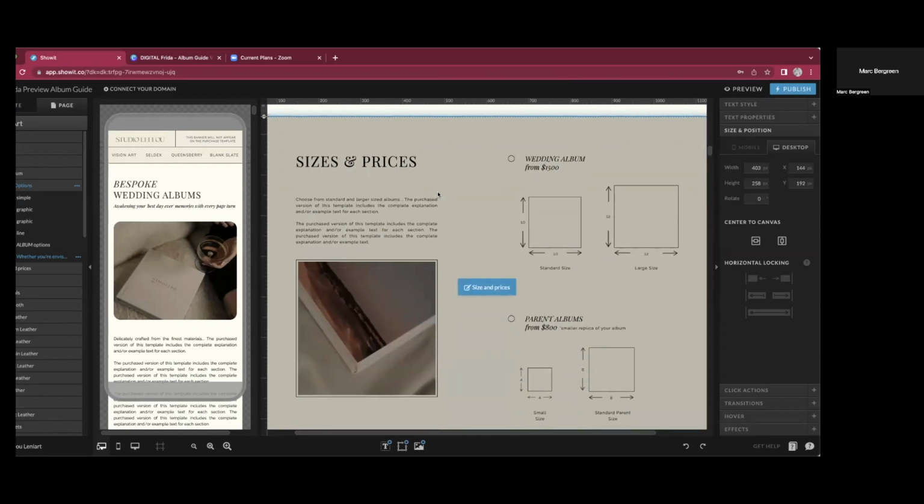Sizes and pricing, I recommend only offering to your clients 2 sizes for the standard album and then 2 sizes for the parent album. If you haven't sold an album before, album companies offer a range of different sizes, not just 4, but we don't want to overwhelm our buyers. We want them to feel empowered that they have choice, but we don't want them to feel overwhelmed in, which one do I choose? So just giving them these 4 options will make them feel a lot more confident in their purchase,